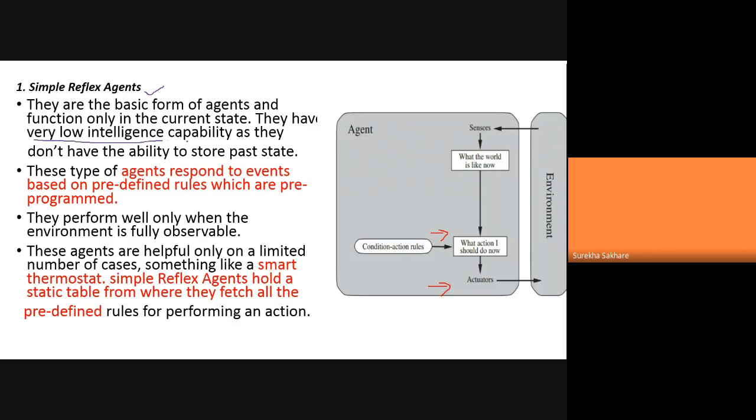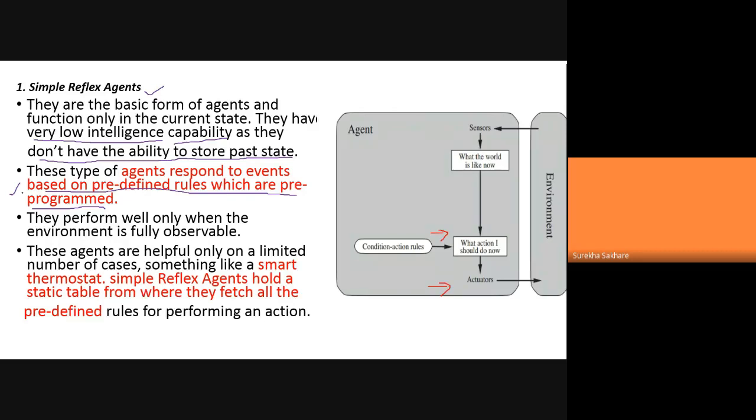They are known as having less capacity, and that is why they don't have anything more work to do, as they don't have any past information. Okay, this is very important. That means they are those types which are going to act based on some predefined rules which are pre-programmed. These words are very important. They will act only depending upon some predefined rules which have been defined by the programmer.